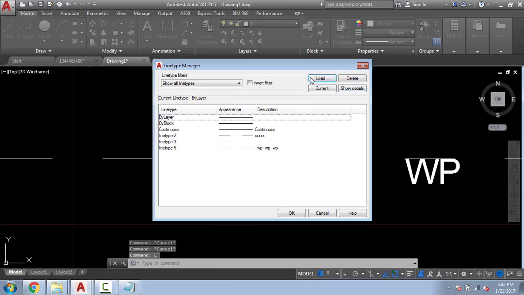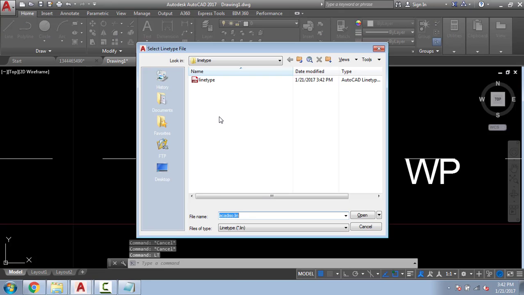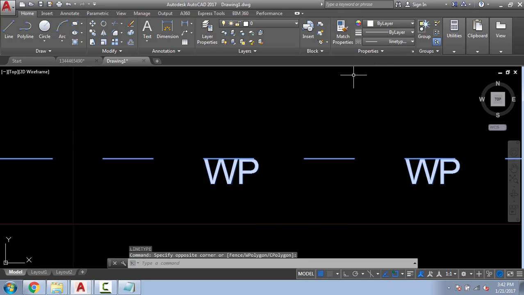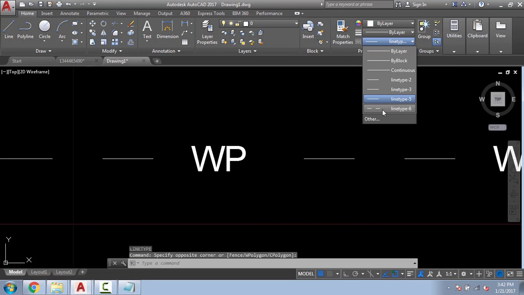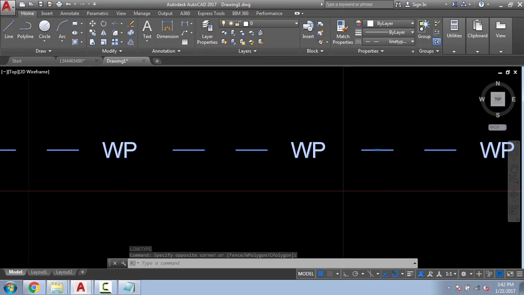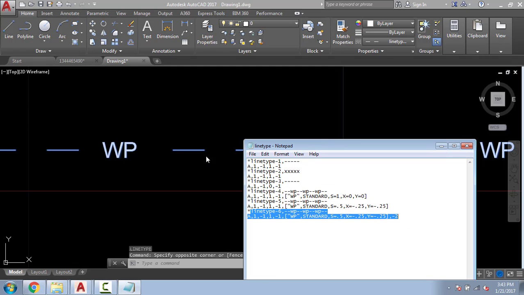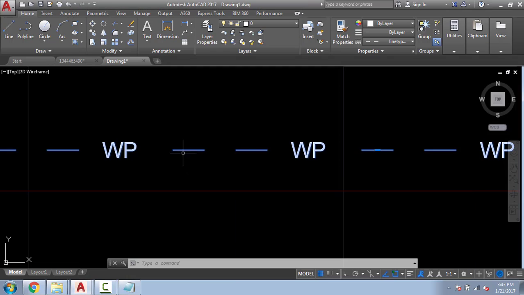Line type, load, line type 6. Okay, no change. That's why I was changing the name every time. Now it got reloaded. We see, from here, it's first one line, one gap, one line, one gap, then 2 text, then 2 gap, one line, one gap, one line, one gap, and 2 text and